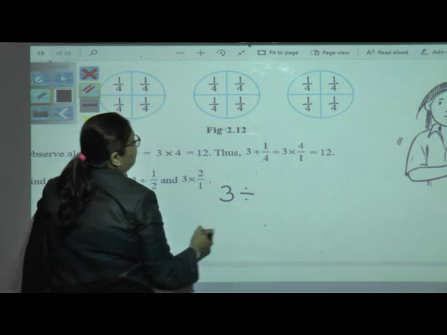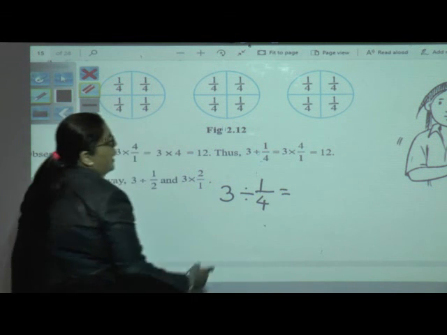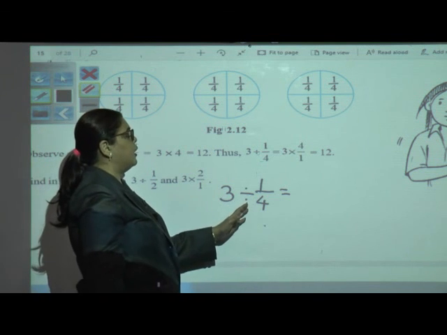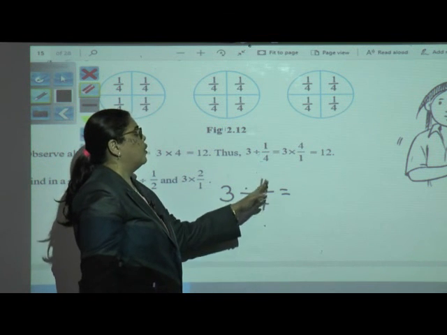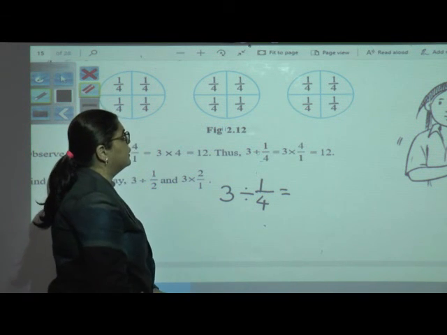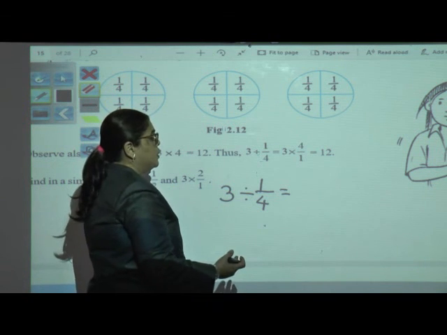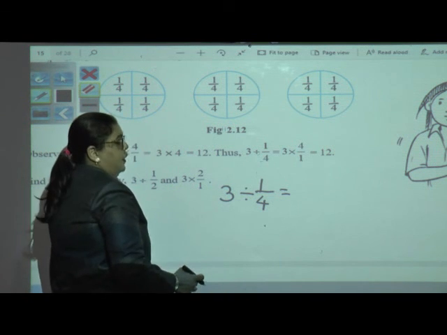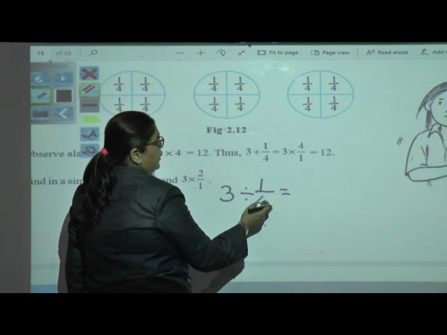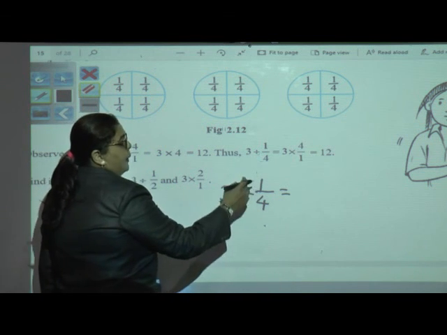So I have here 3 pizzas. I want to divide into 1/4 parts. So I will divide by 1/4. Is it possible to do directly? No. I will give a small trick. When it is a division, whether we have a fraction or a mixed fraction, first convert into an improper fraction, then we have to take the reciprocal. What will be the reciprocal? Is the word new to you? No. Already in the previous class we learned that reciprocal means the denominator should be in the numerator and the numerator should be in the denominator, or we can say up and down.